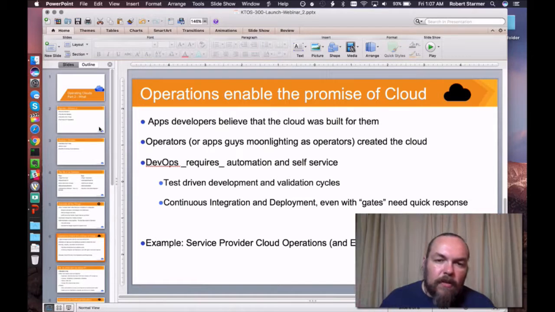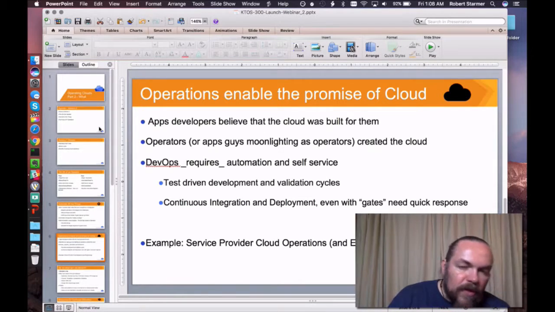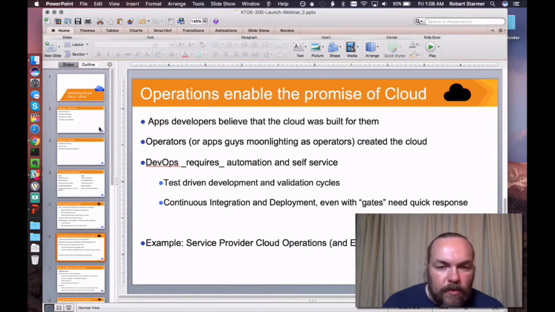So we need to start thinking about the apps folks as a resource that we are going to support, rather than a resource that is doing the same thing that we're doing. There really is a separation that we're starting to see, especially as people talk about infrastructure services not being the area that they want to support or run or work with, and instead they want to think about platform-based infrastructure and resources.